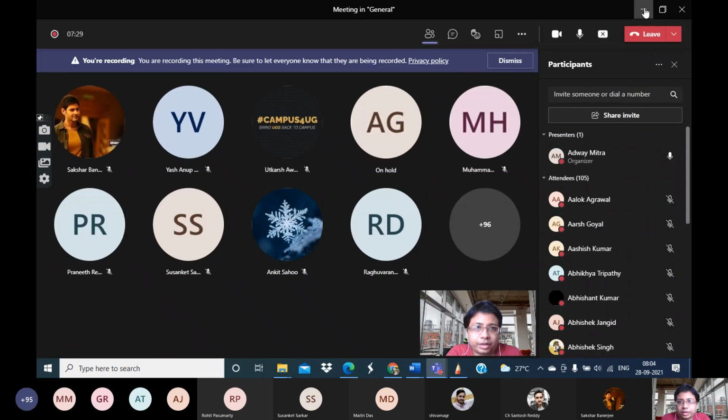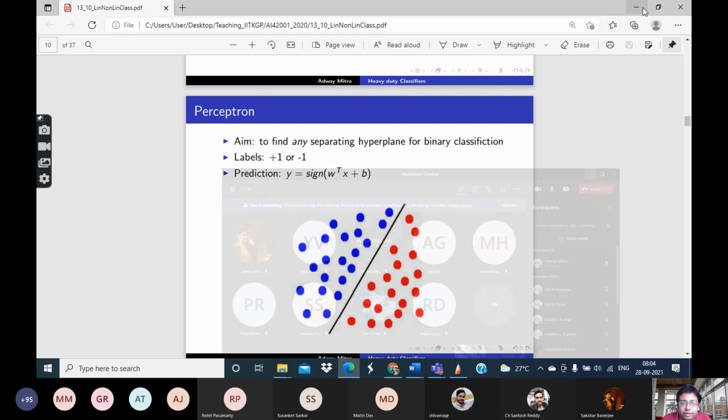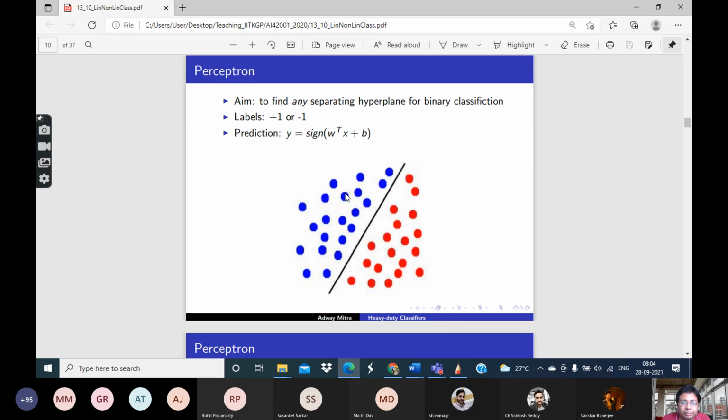Okay, recording has started. If we remember in the last class yesterday, we were discussing what we call a linearly separable data set. It's basically a data set like this, where you can see there are two class labels, let's say in this case, blue and red. We say that the data set is linearly separable if there exists at least one linear structure which divides the data set such that all the points of one class are on one side of it and all points of the other class lie on the other side of it, right?